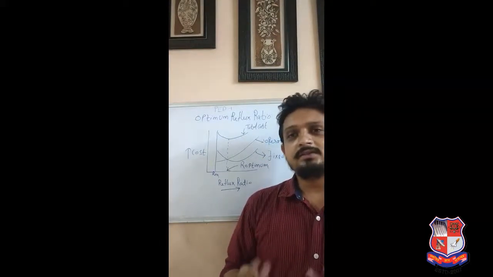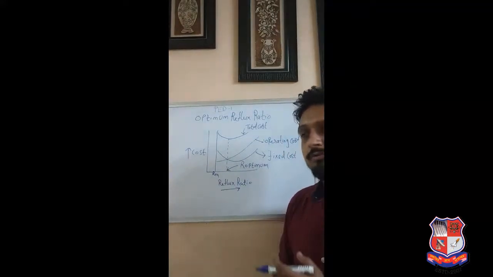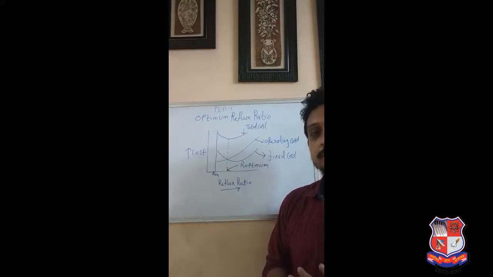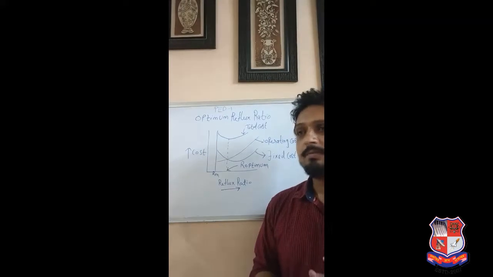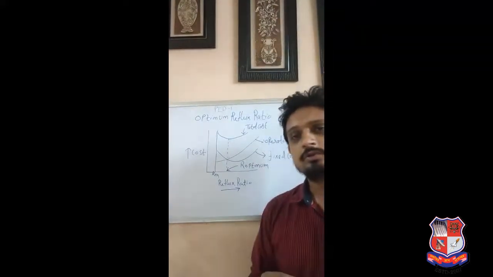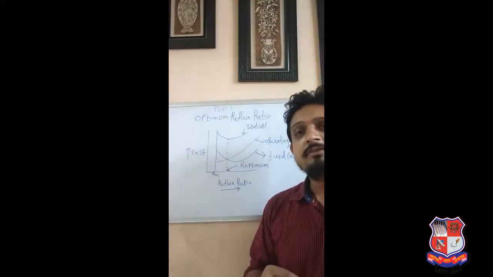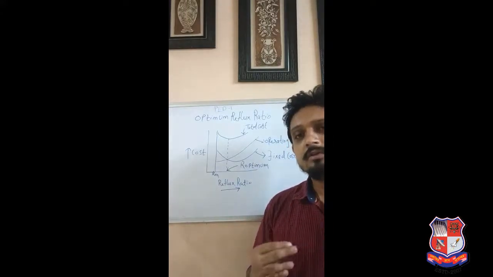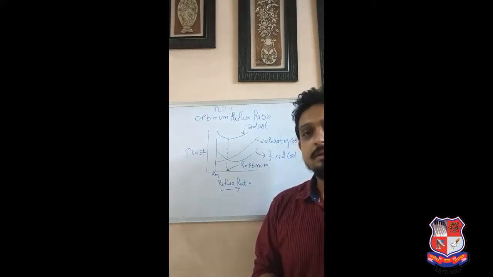But there is a graph or a chart that you always have to look at so that your reflux ratio is optimum. Optimum means the best. The best means your reflux ratio should not be too low, and it should not be too high. If your reflux ratio is lower, it will require an infinite number of trays. That will increase your fixed cost. And if your reflux ratio is very high, you will require very less height, but at the same time the operating cost is very high.